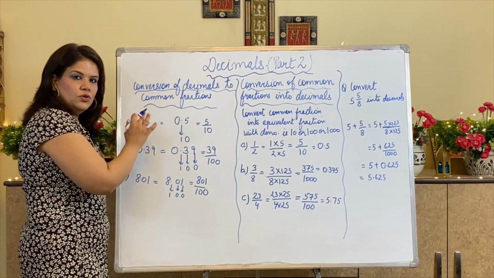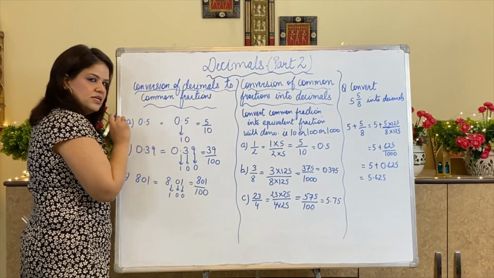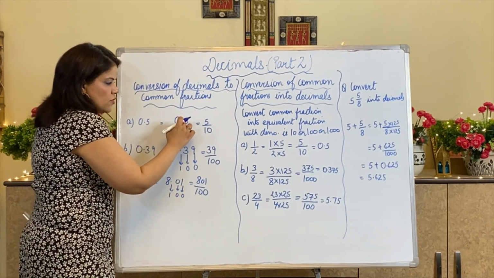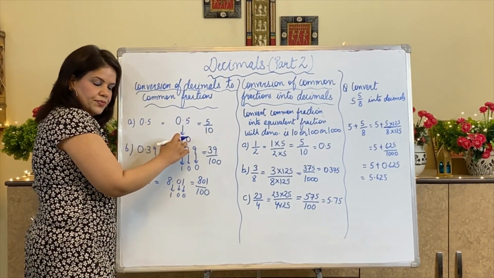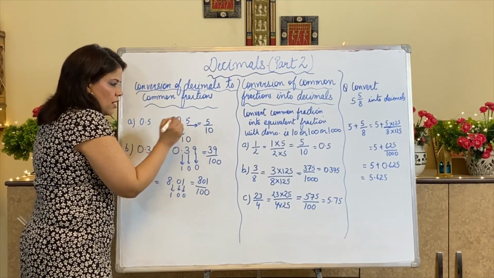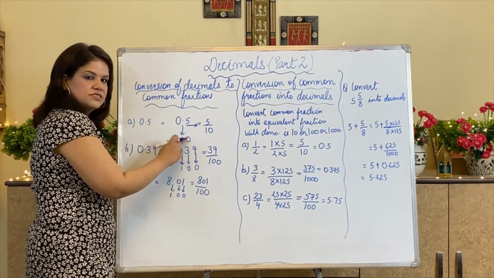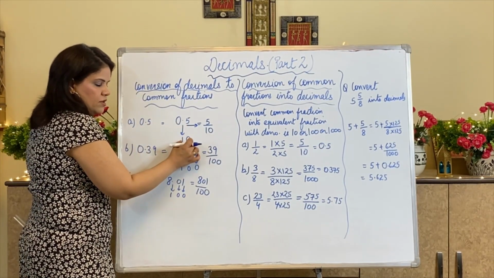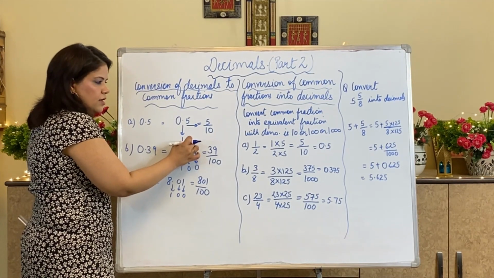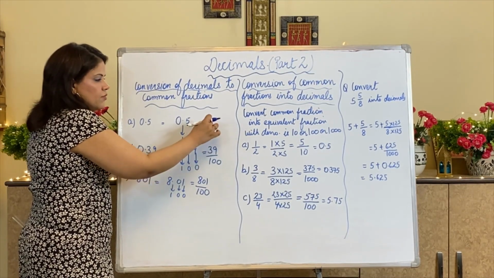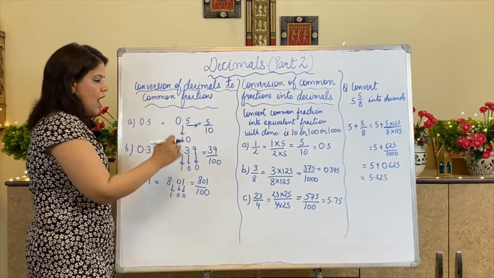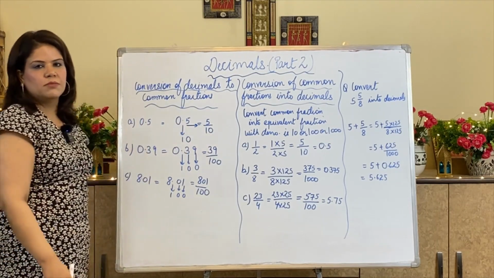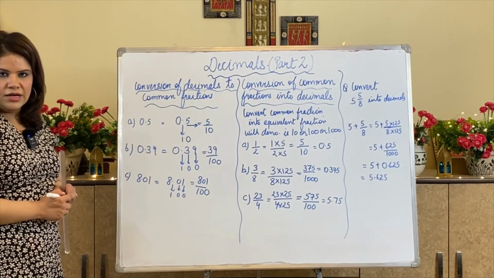What are the 2 things you will do? To make it into a fraction, first of all I need to remove this decimal point. What is the method of removing it? In place of this decimal you will write 1, and whatever numbers are there after it towards the right, you will write 0 in place of them. And when you write whatever number you have got in the denominator, the decimal will go away. I am making this my denominator out of this decimal part first. Understood what I am trying to do?